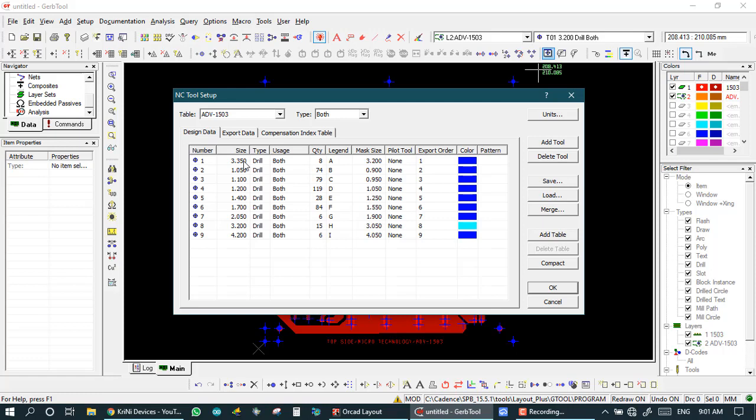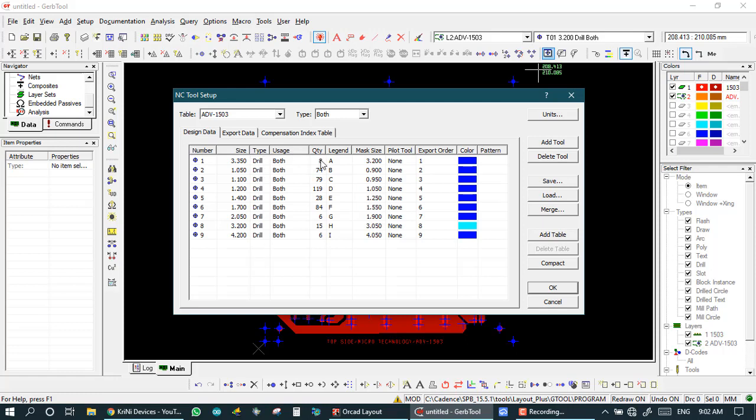So first we add some size to our ideal size. So this is mask, it is ideal size or mask size. So we take reference after adding, if we want to recheck. And there are two types, drill and mill. Mill is for routing and drill is for single hit.